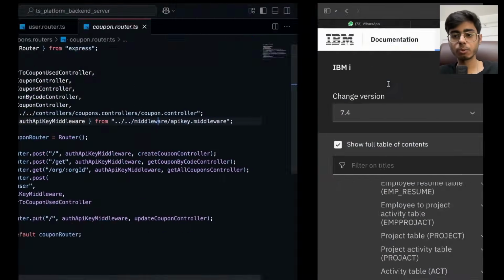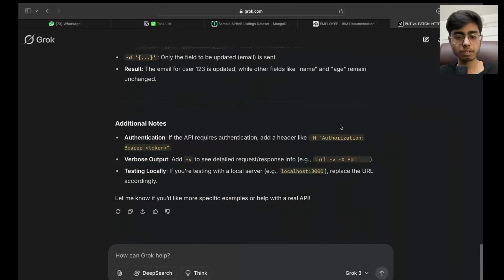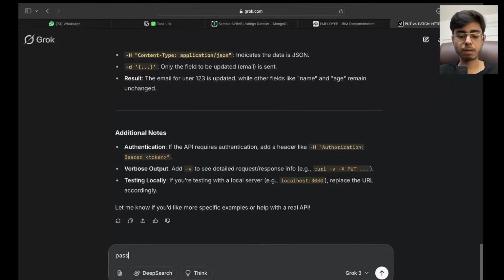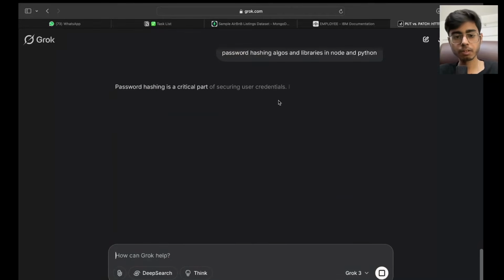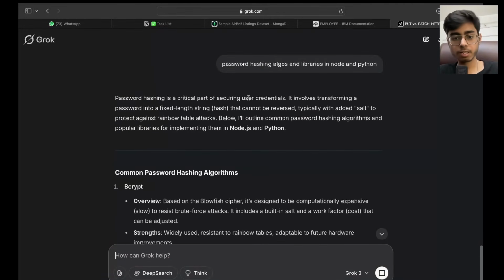So if I take you to Grok 3, our helper for this video: password hashing algos and libraries, let's say in Node and Python. Okay, so password hashing is a critical part of securing user credentials, transforming a password into a fixed length string. You can see hash.